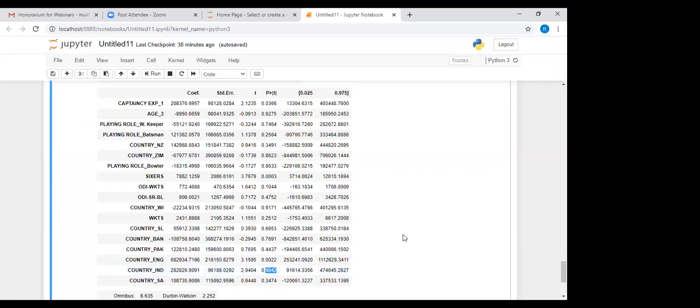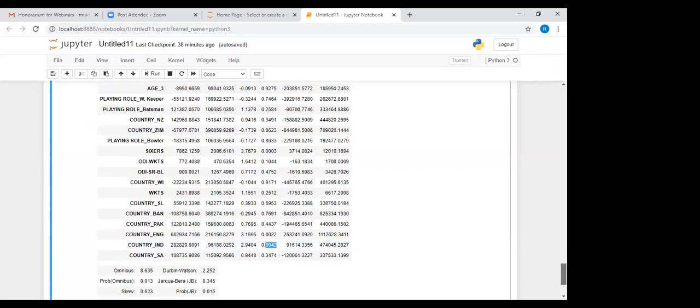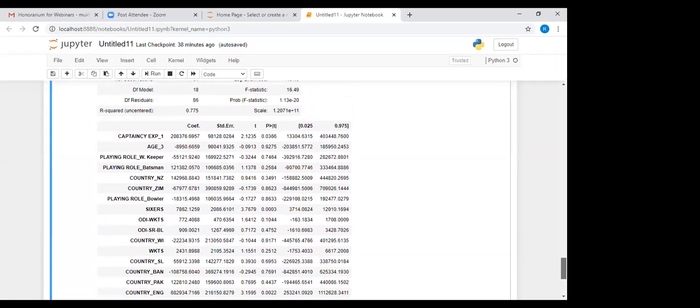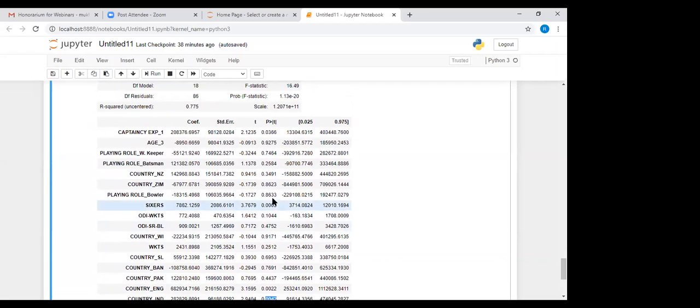Then we have Sixers with less than 0.05 p-value, and then we have captaincy experience 1 at 0.03, that is less than 0.05. So these are my significant variables.